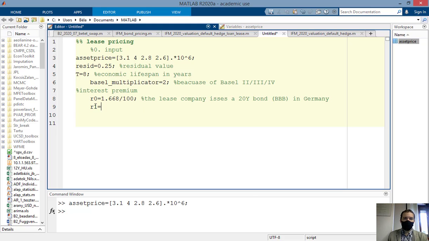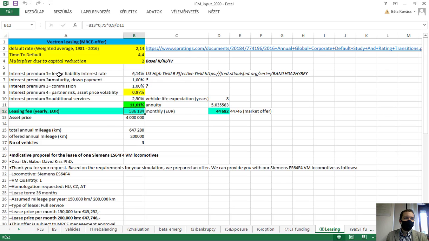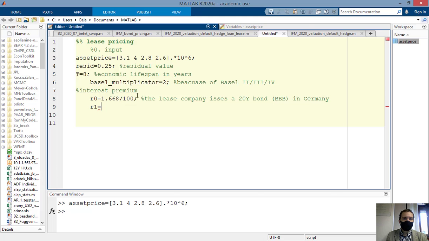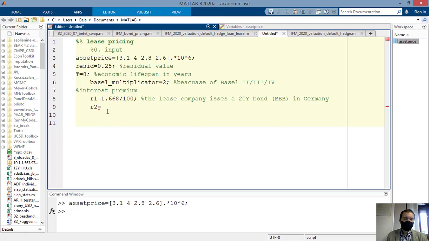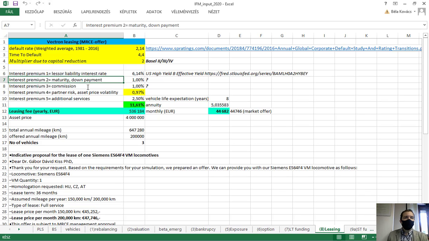Okay, then we have R1, and R1 was, okay, let's say that's 1 and that's 2, it doesn't matter. So naturally the down payment, let's say it's 0. Also the commission, we can consider this also as 0. Then partner risk,